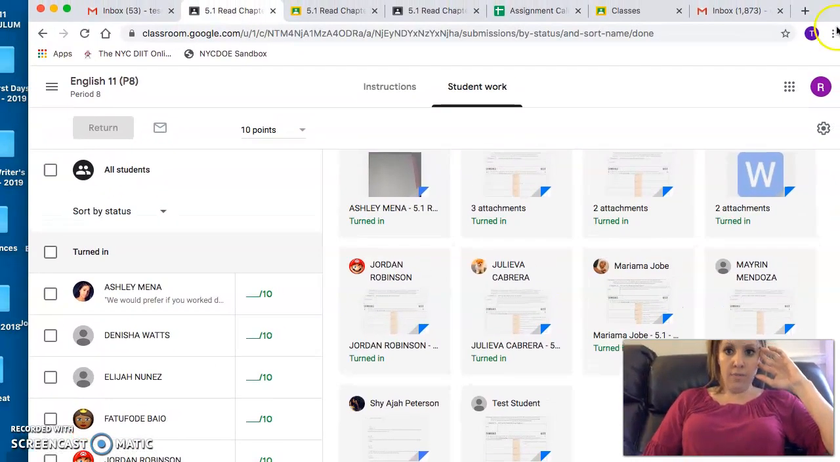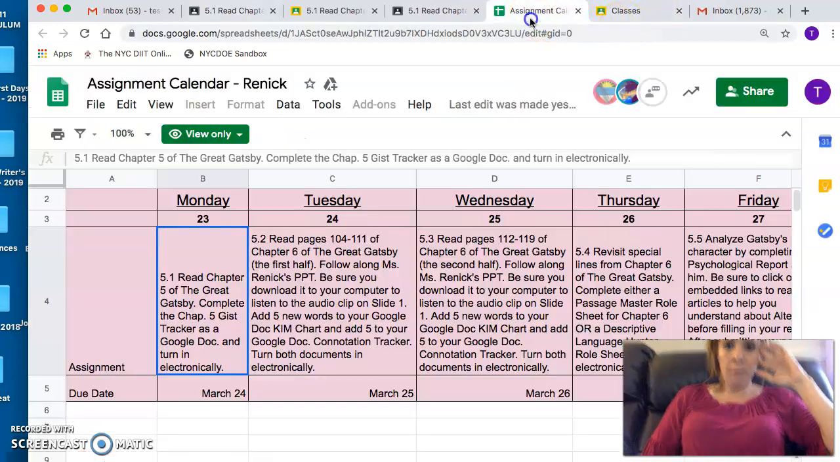Please, more than anything, please remember to look at the week's assignment calendar and only work on the assignments in the order and just use the calendar every week to help you